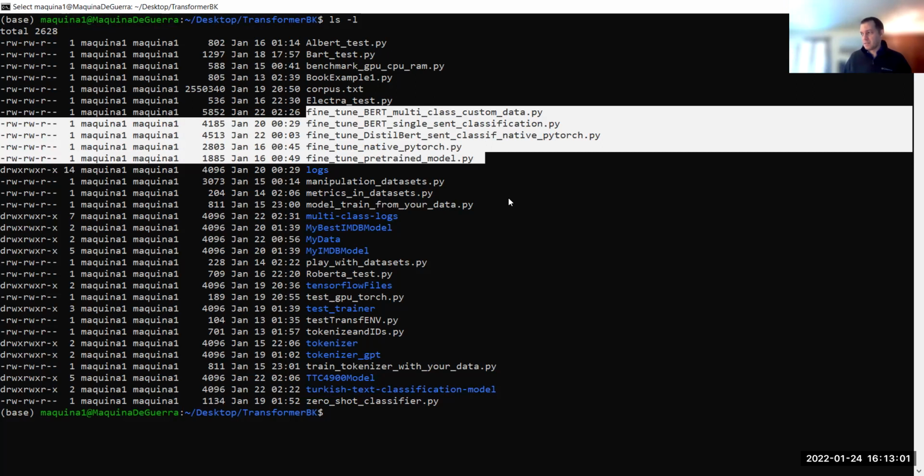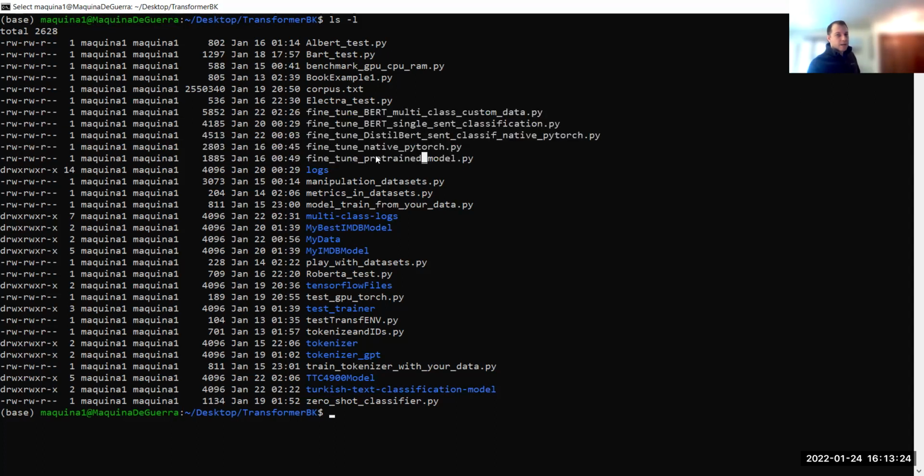That means you can either do it in pure PyTorch, or you can use the transformers module, which has a lot of functionality as well. You fine tune in native PyTorch over here, fine tune a pre-trained model, and so on. So these are the more advanced ones.